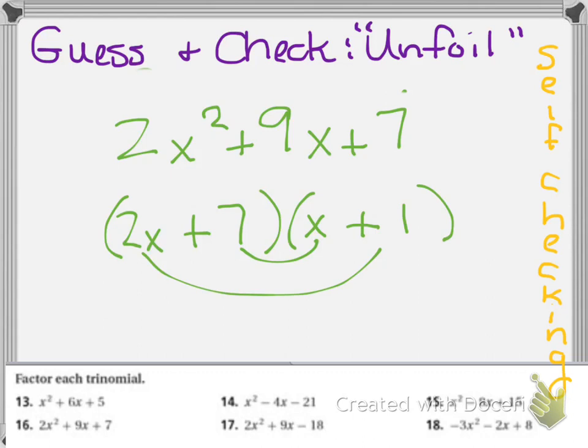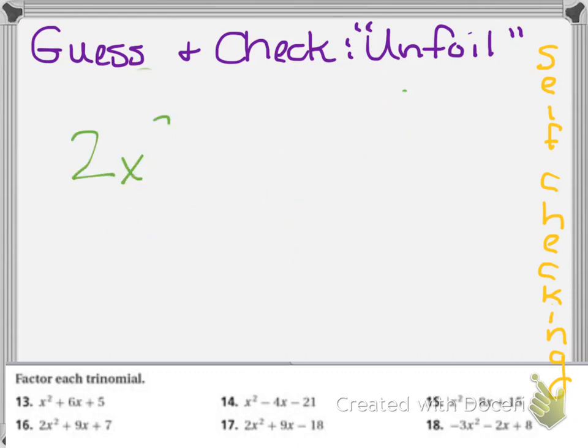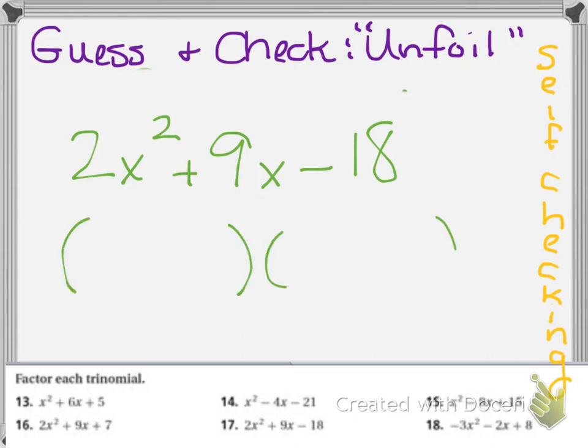All right, let's go to maybe number 17. I'm going to end up doing almost all of them. 2x squared plus 9x minus 18. Factor, factor, factor. I have not all pluses. I have a mixture. I need a negative at the end, which means I'm going to need 1 plus and 1 minus. Okay, when you have a negative at the end, it's going to be 1 plus and 1 minus. We've got 2x squared at the front. That would split into 2x